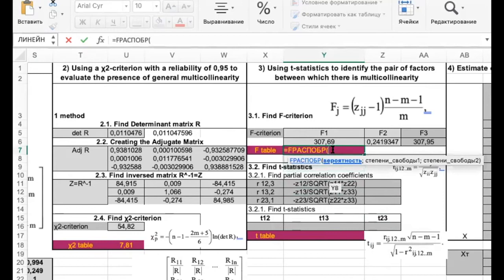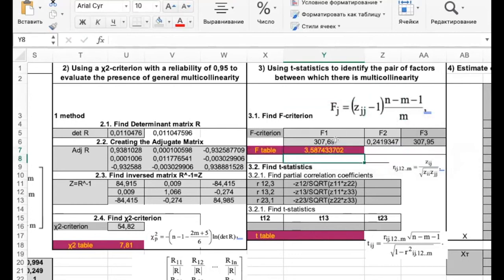We use it when we find our criteria of Fisher in our previous laboratory work with level of probability again 0.05, put semicolon, then first degree of freedom, it is number of our independent variables 3, and if you remember the second degrees of freedom, it is n minus m minus 1, this might be 15 minus 3 minus 1. Good. So it is our F table,